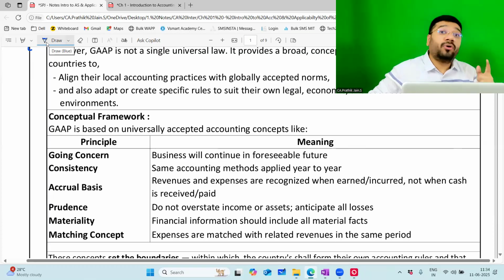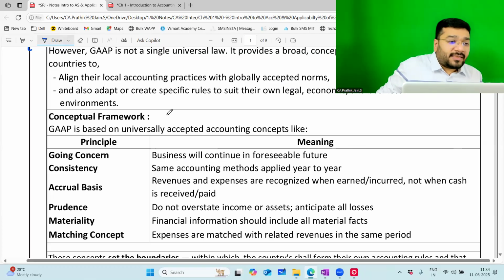you are getting the benefit for more than one financial year, let's suppose I'm getting the benefit from this machinery for 15 years, then I should be recording the cost of the machinery, which is 15 lakh, for how many years? 15 years. So every year, how much depreciation should I record? 1 lakh rupees. Matching principle says that record expenses to the extent you receive the benefit. The benefit is coming for 15 years. Then apportion the cost over a period of 15 years.